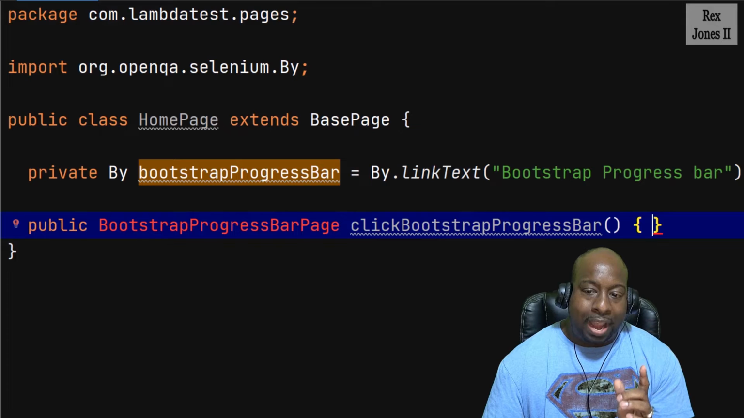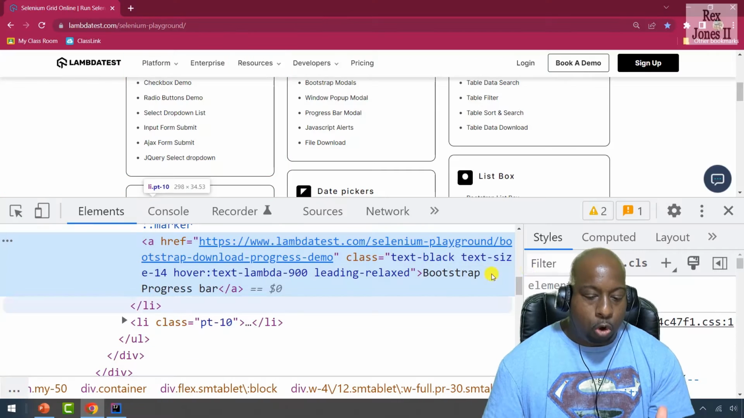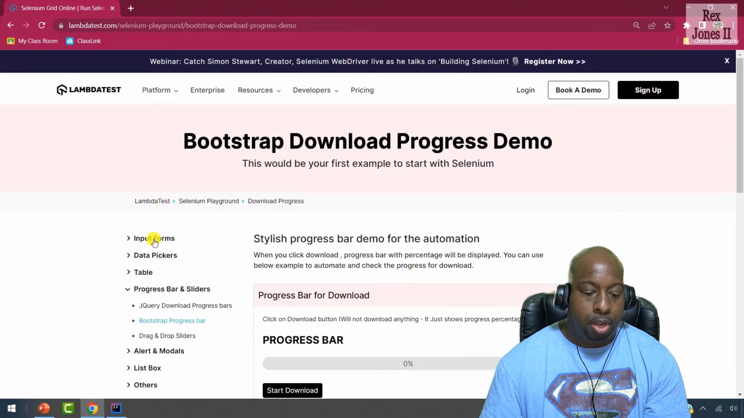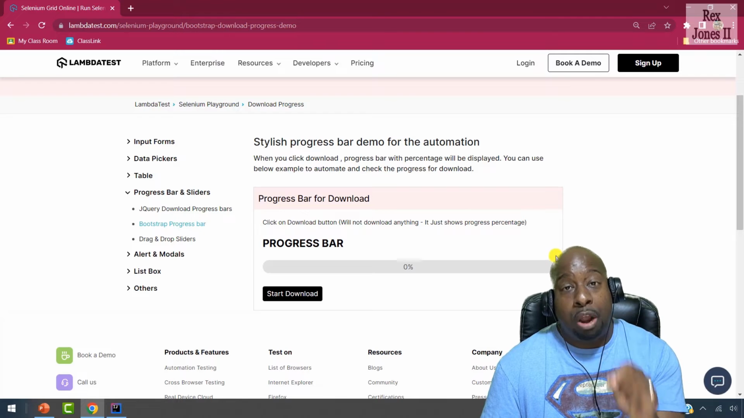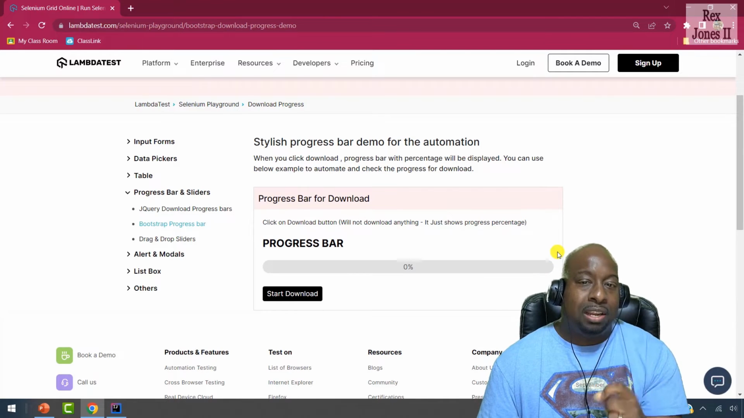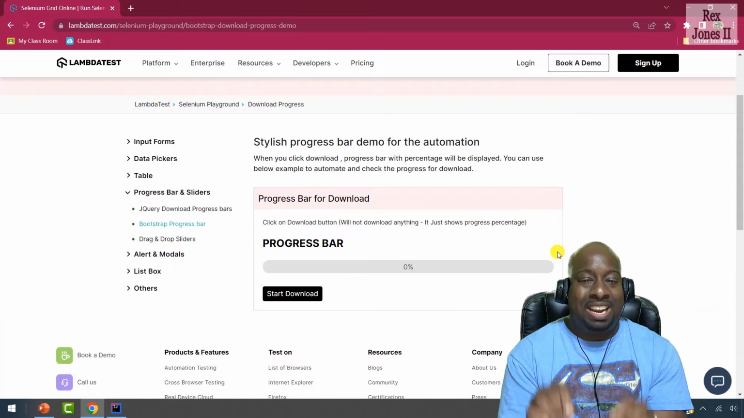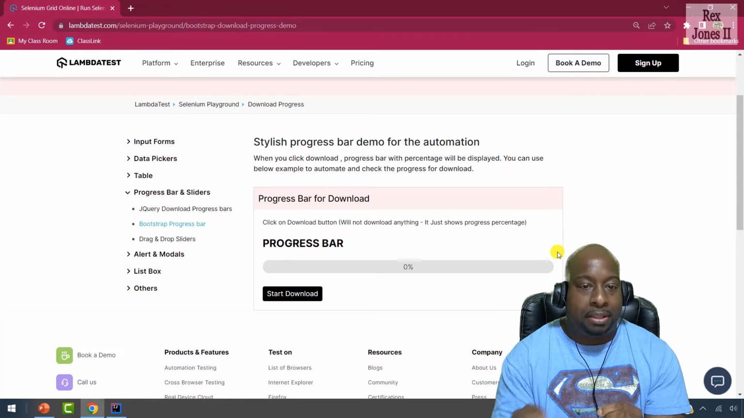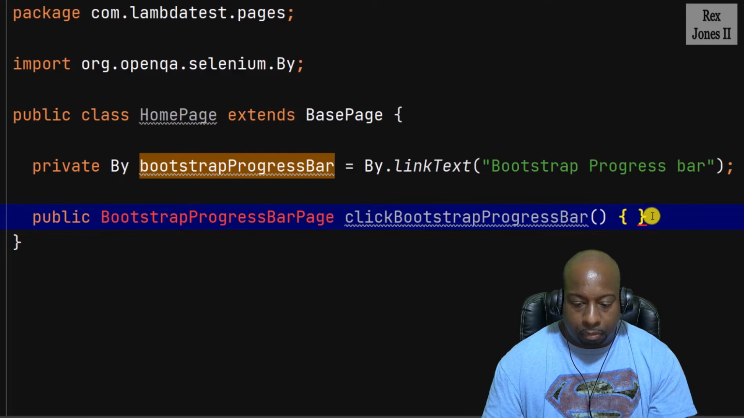The reason why I create a transition method, and it's called a transition method, is because on the home page, look what happens when I click Bootstrap progress bar. The page transitions from the home page to the Bootstrap progress bar page. Whenever you click a link or a button and the page changes, then it is best to create a method to reflect that change. That's why we call it a transition method. We finish this method by writing